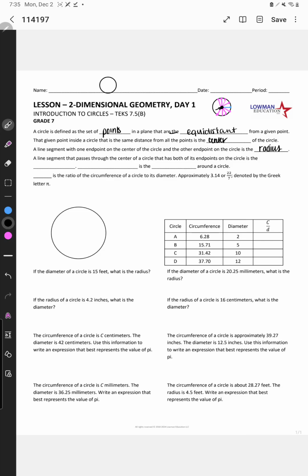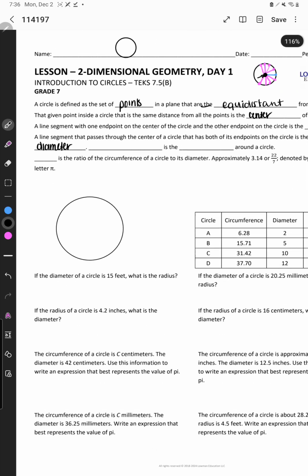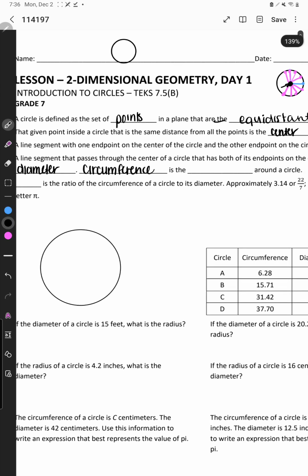A line segment that passes through the center of the circle that has both of its endpoints on the circle is the diameter. And the circumference